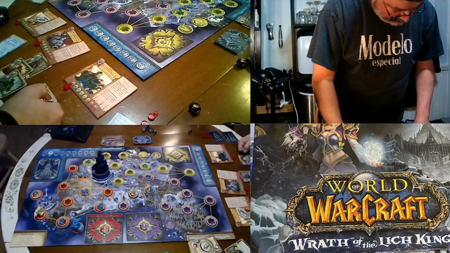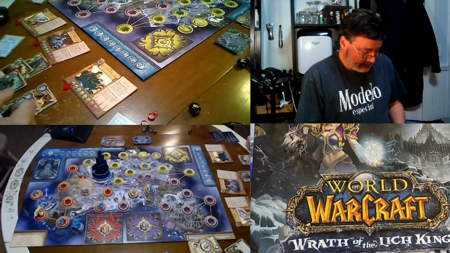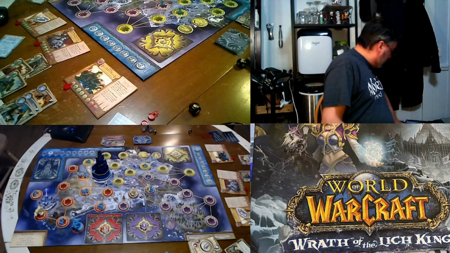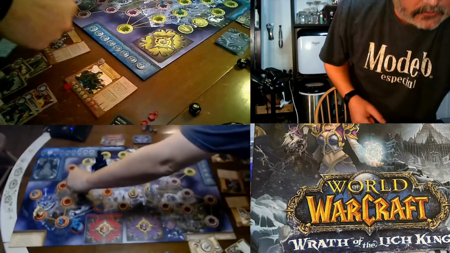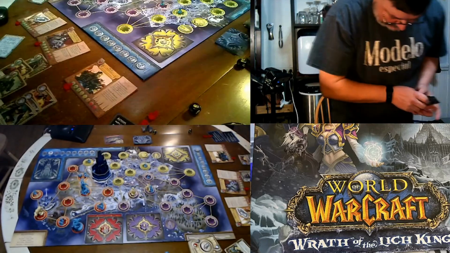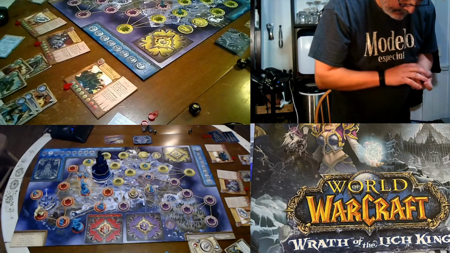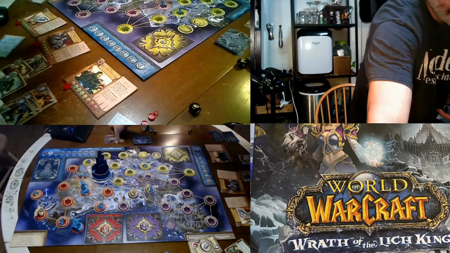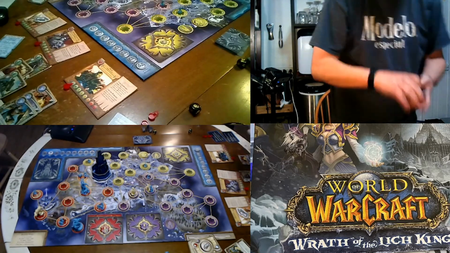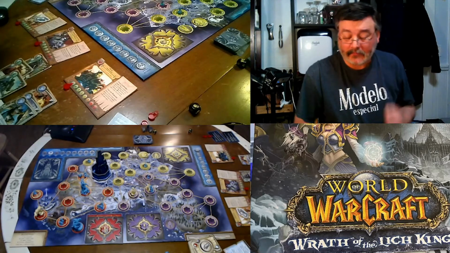Spawn 1 abomination. Where? In the Avalanche. Oh, yeah, I guess in the Avalanche. Oh, that's terrible. And then take these. Shuffle the discard pile. All of the discard pile. And place it on top of the Scourge deck. And that's terrible. And now we play